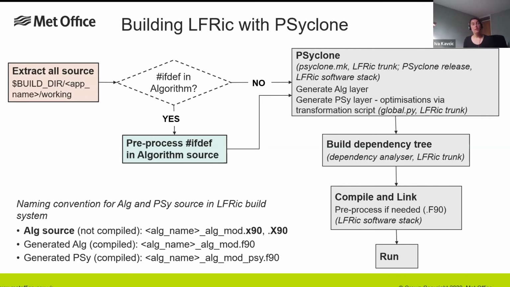And we also need to generate the code, the algorithm code and the PSyLayer code, which is not in the repository and needs to be compiled. And we signal to the LFRic build system what needs to be pre-processed by PSyclone by this X90